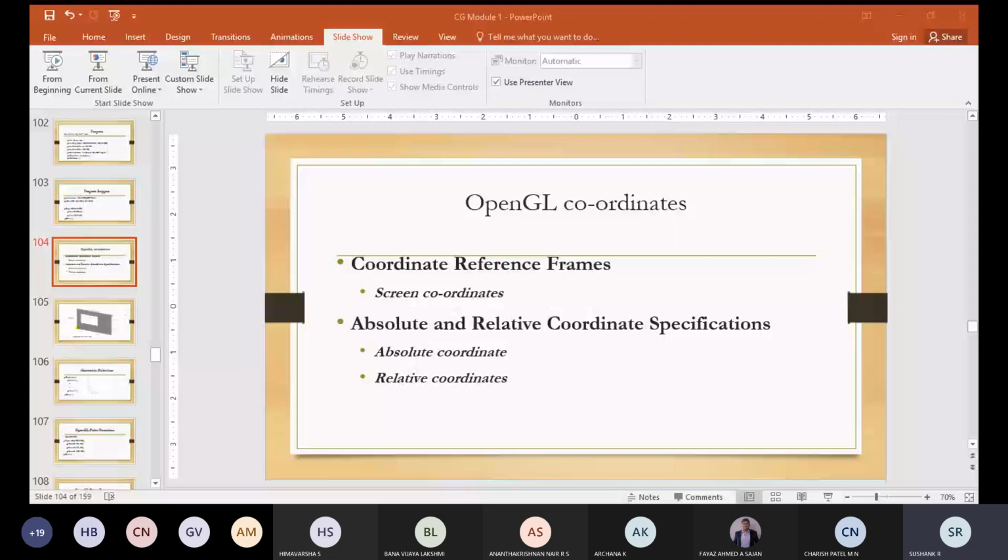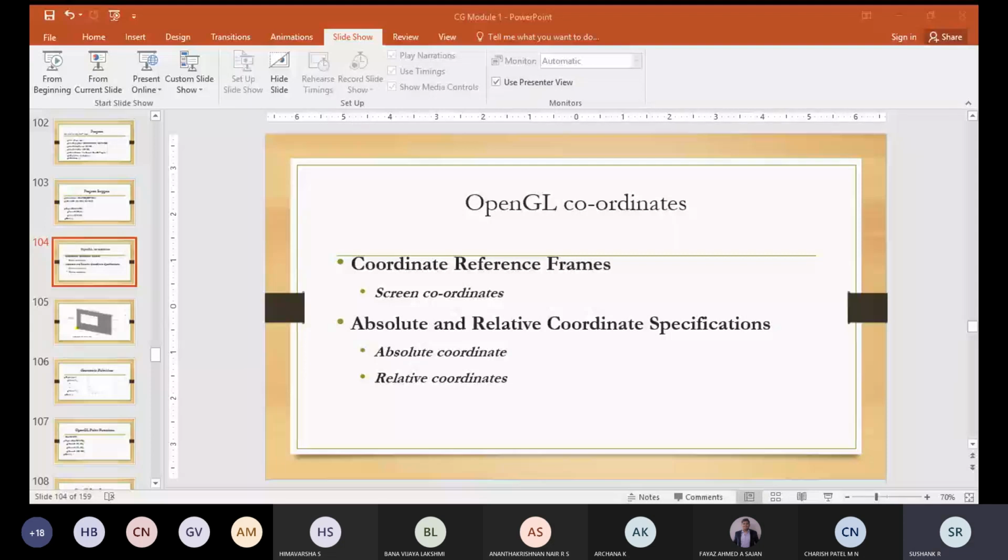After this, we will talk about the screen coordinates. What are screen coordinates? The positions on the video monitor will be referenced in terms of screen coordinates.